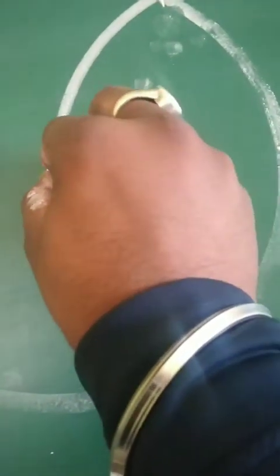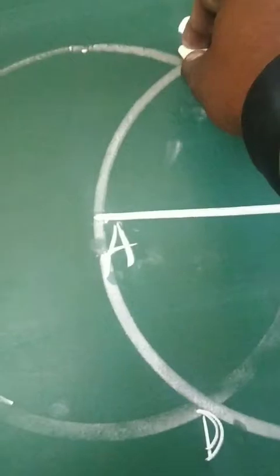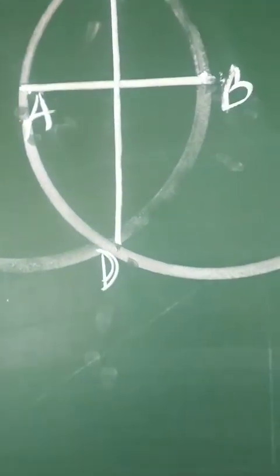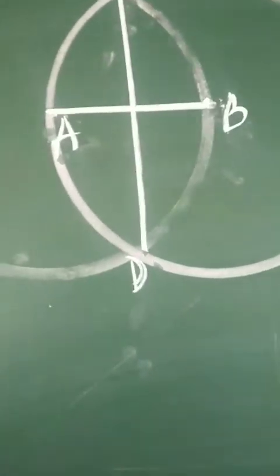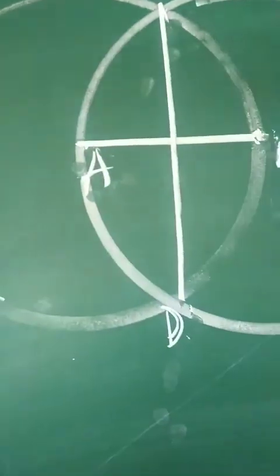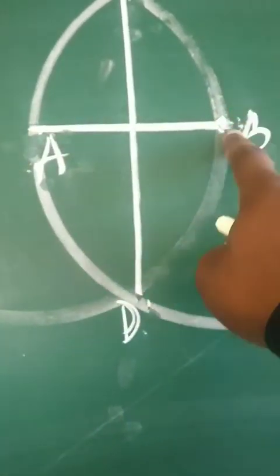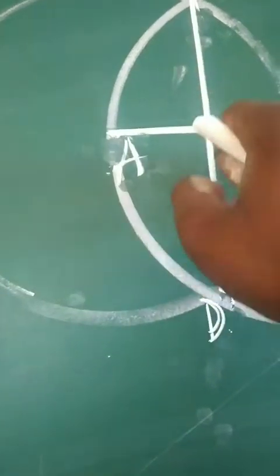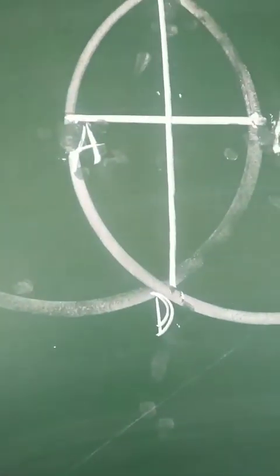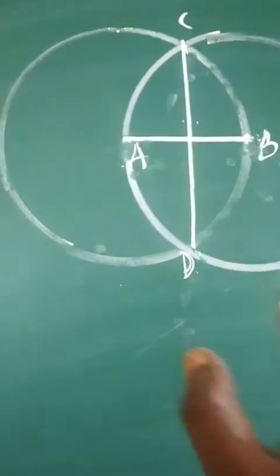Children, if I join AB with a ruler and if I join CD with a ruler, I'll surely get a perpendicular on each other. This CD will be perpendicular on AB. AB joins the center of circle 1, which is A, and the center of circle 2, which is B. I have joined them with AB, and this is CD, which is perpendicular on AB. It will surely be forming 90 degrees. I believe it's clear to everyone. For this, we have to write some basic statements in this regard. So children, this is how we have to deal with this kind of questions.